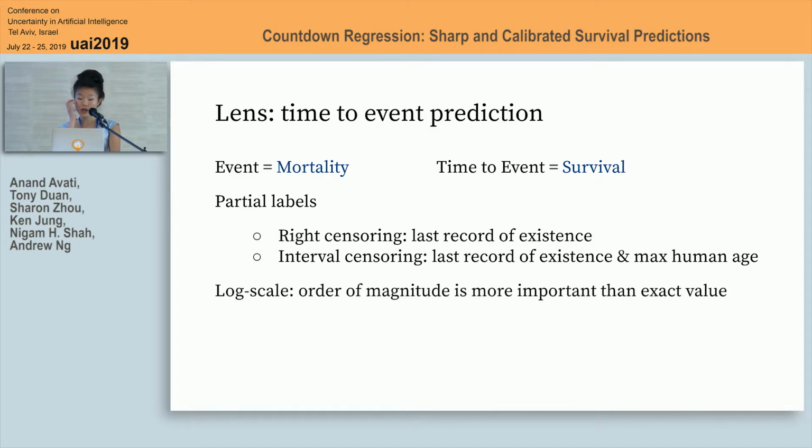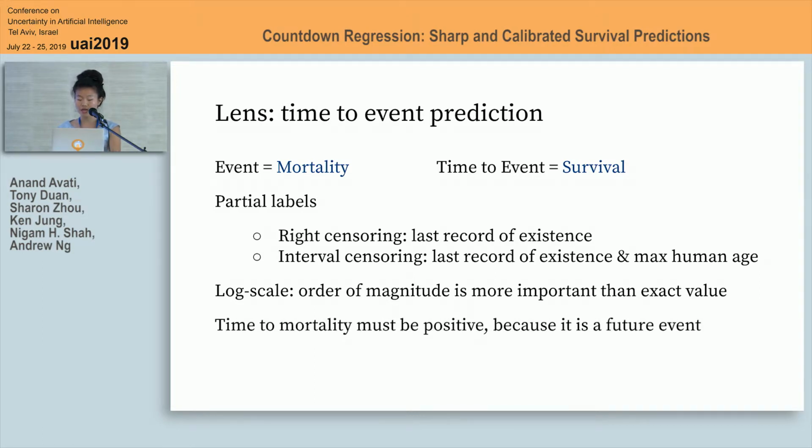And we care about the order of magnitude. That's more important than the exact date at which someone has passed away. So we look at the log scale. And the time to mortality is also positive because we're predicting a future event. And so we use a model to predict,